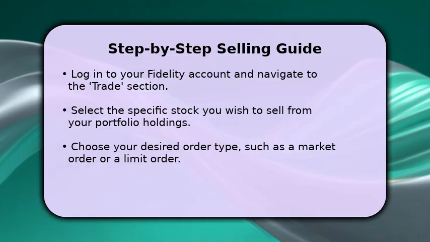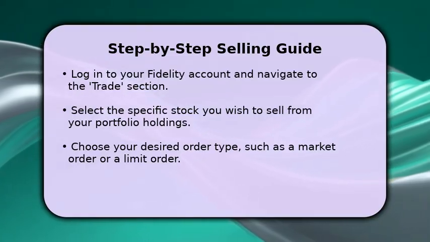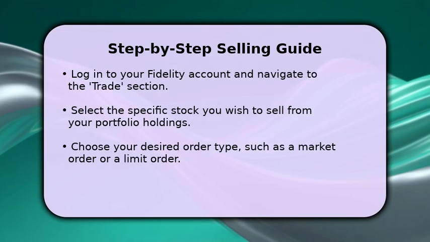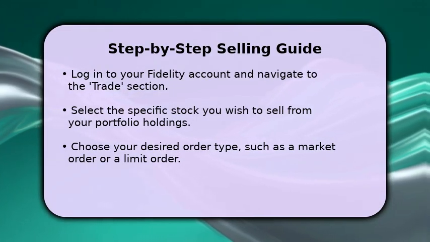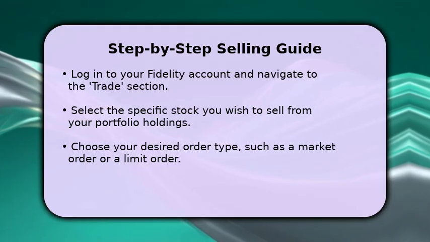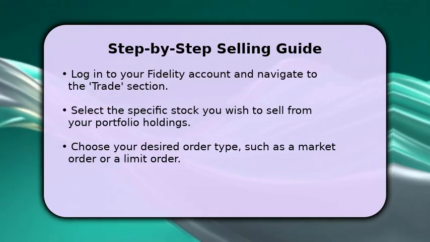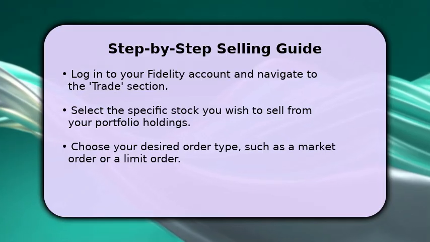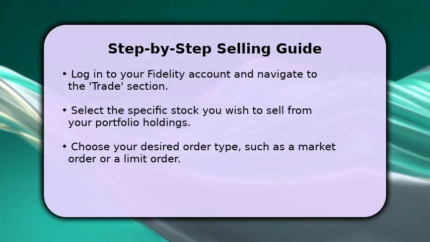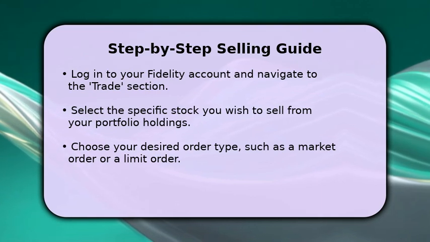Now let's walk through the selling process. First, log in to your Fidelity account and locate the trade section. From there, you'll select the specific stock you intend to sell from your current portfolio holdings. Next, choose your preferred order type, whether it's a market order for immediate execution or a limit order to set